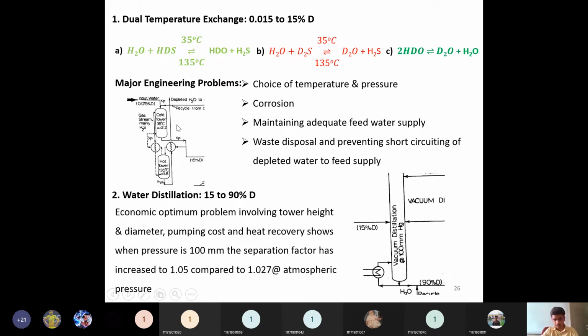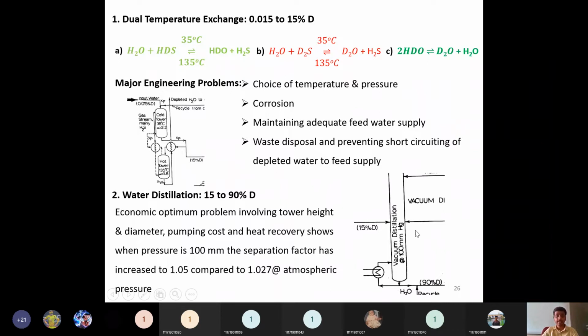The construction of this cold tower and hot tower usually takes place in practice using carbon steel only. But inside, the trays will be constructed using type 304 stainless steel. Stainless steel is somewhat costly compared to carbon steel, and we have to use it for the construction of trays inside the tower, at very high turbulence or very high velocities.